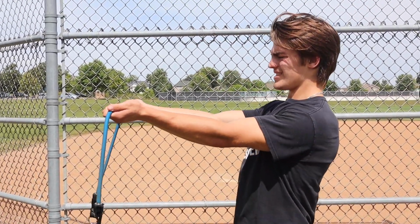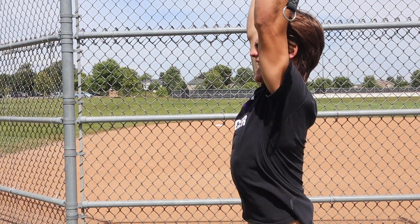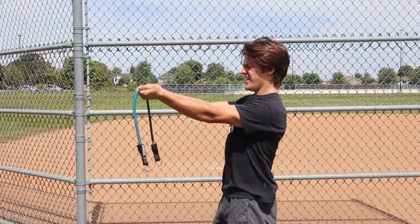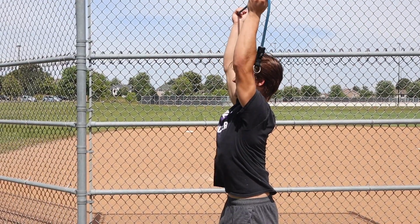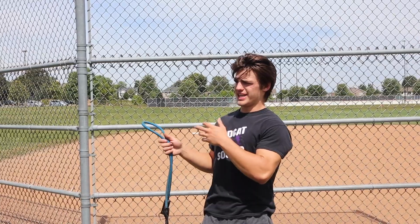Another one for the rhomboids that I love to do is coming here, and then coming overhead, and try to pull those shoulder blades back and down as you do it. So if you watch here, if I'm doing this, that's not doing anything because my shoulders are shrugged up. But if I'm doing this, where my shoulder blades are pulled back and down, I'm really gonna feel that in that rhomboid area, okay? So I would do each of those for 3 sets of 10,